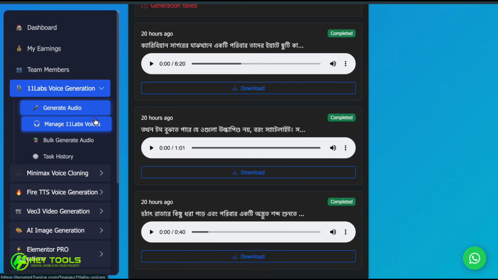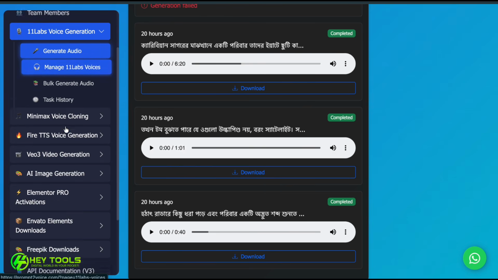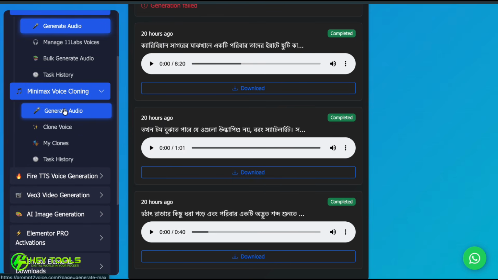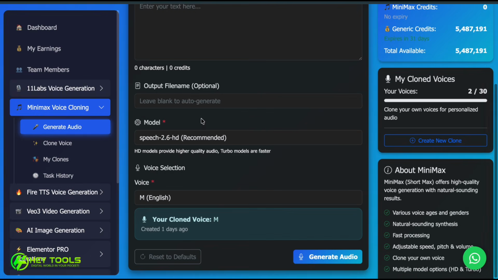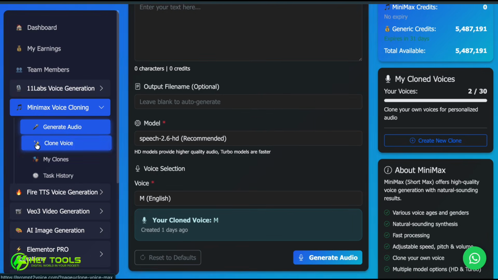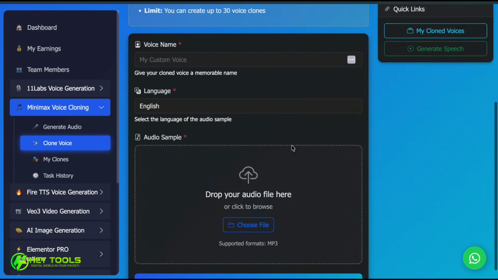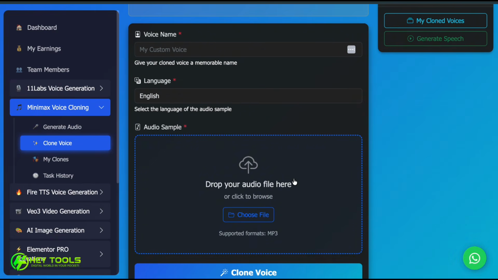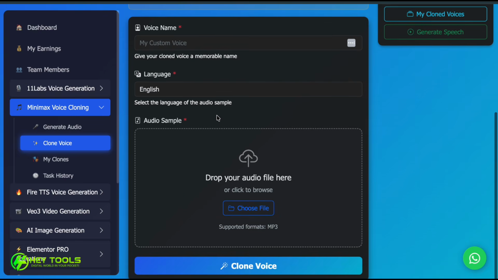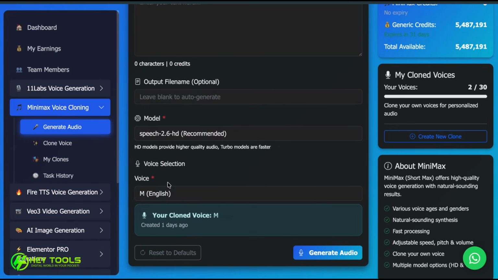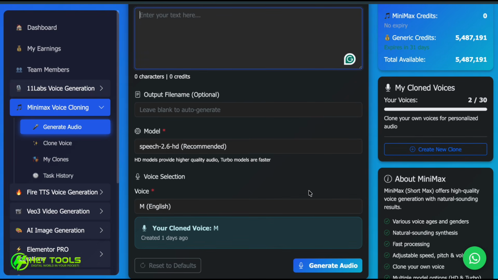And then if you want to clone a voice, simply go to this option, the Minimax voice cloning, then generate audio. If you want to clone the voice, simply go to clone voice, and you have to upload your audio file. It must be in English, and then you can name your voice. Then you can add it by clone voice add. Then you can generate this also. If you select your cloned voices from there, then you can paste your text, then you can generate the voice also. So that's how it will work, and I hope this video is very helpful to you all